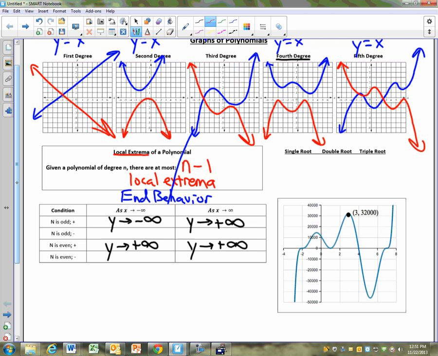So now let's consider the negative ones. And let's look at, so we'll do the first degree one this time, as Carissa brought up. As x goes towards negative infinity, what happens to the y value? It goes towards positive infinity. As x goes towards positive infinity, y goes towards